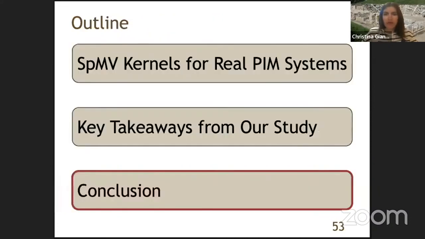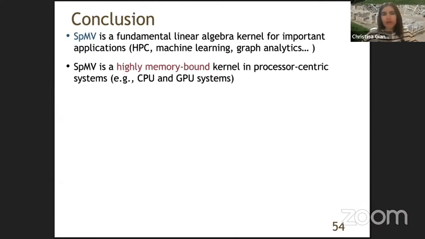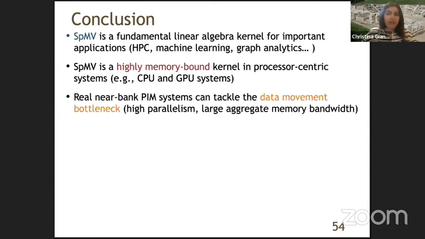So let me now conclude my presentation. Sparse matrix vector multiplication is a fundamental linear algebra kernel and is used in many important applications. However, in commodity systems like CPUs and GPUs, it is highly bottlenecked by data movement between processor and memory. Real near-bank PIM systems can tackle the data movement problem by placing low-area cores very close to DRAM banks. PIM systems provide high levels of parallelism and large aggregate memory bandwidth, thereby being a very good fit to accelerate